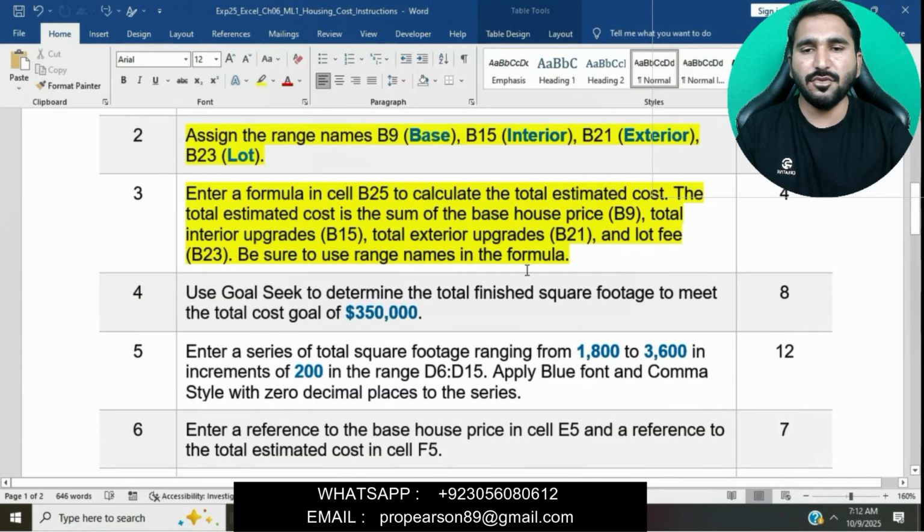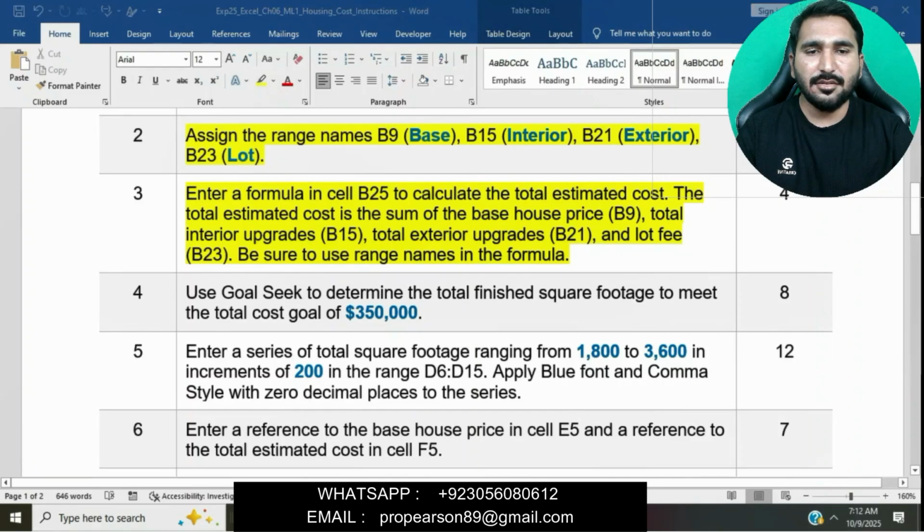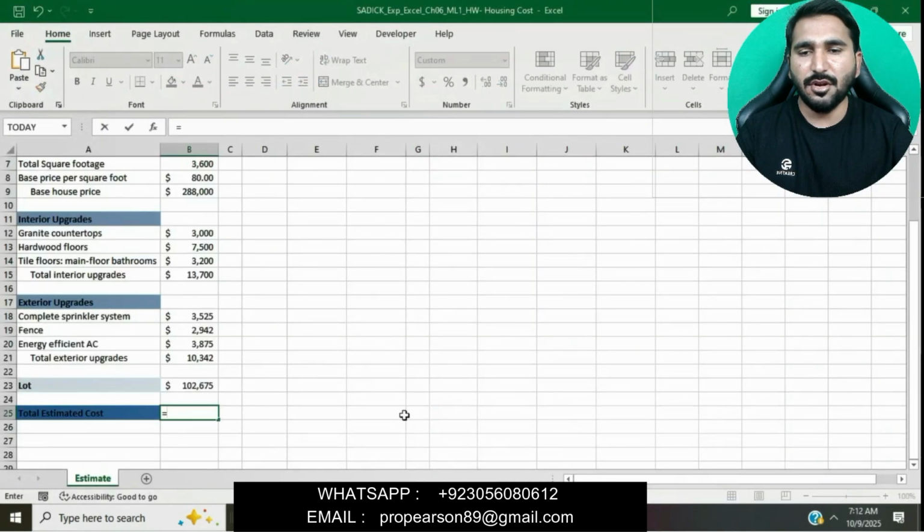Basically in this question we will go to cell B25 to calculate the total estimated cost. We will click on cell B25 and enter a formula. Press equal to, base house price plus total interior upgrades and then plus total exterior upgrades. Simply, for the total estimated cost, first we will click on cell B9